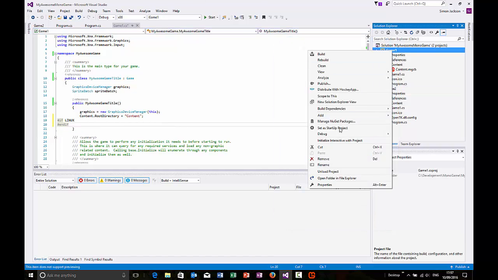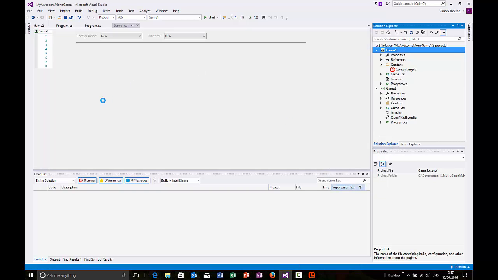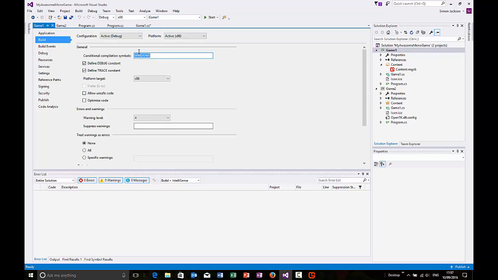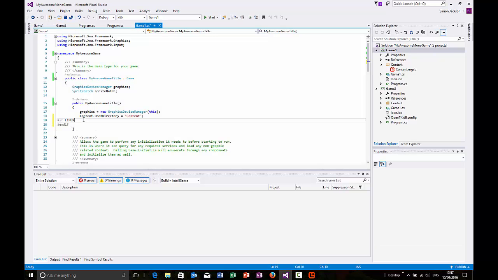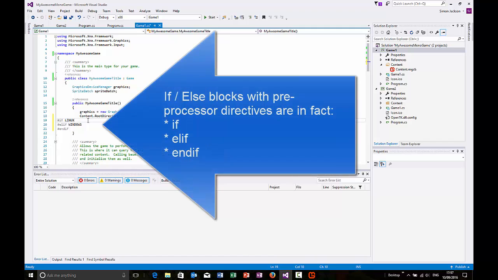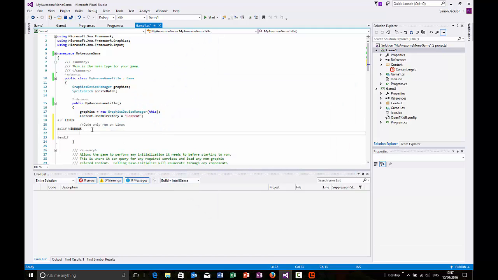If I look at my other project and look at the build, you can see this is a Windows project. So then I can also do the same. So then I'll have some code. So if I put something in here, and here I'm going to have